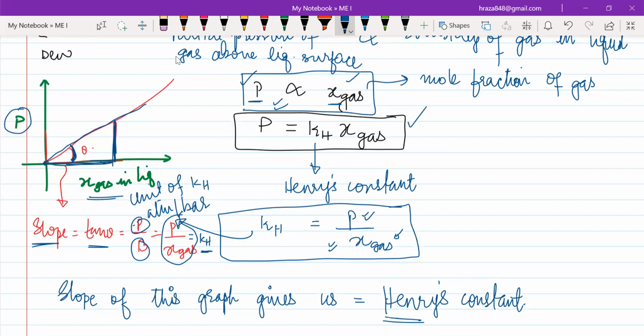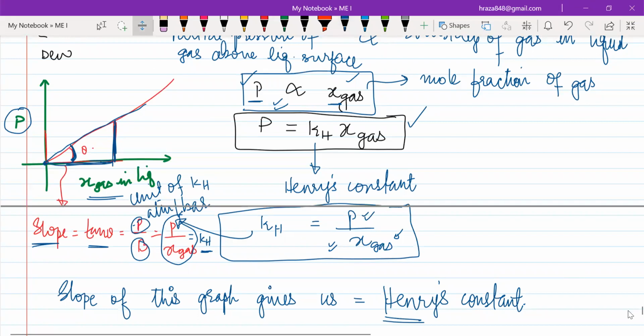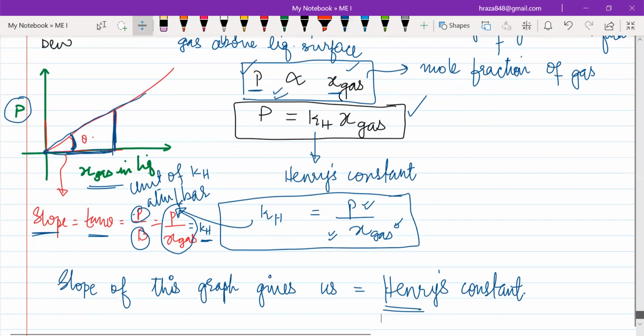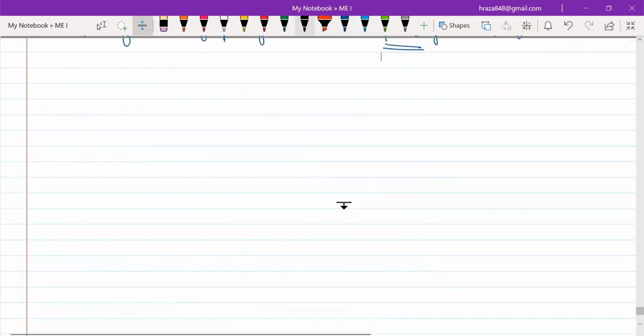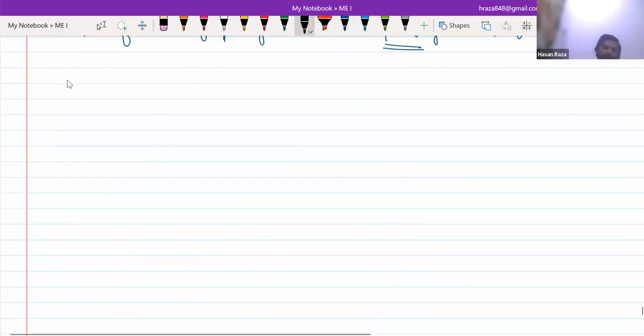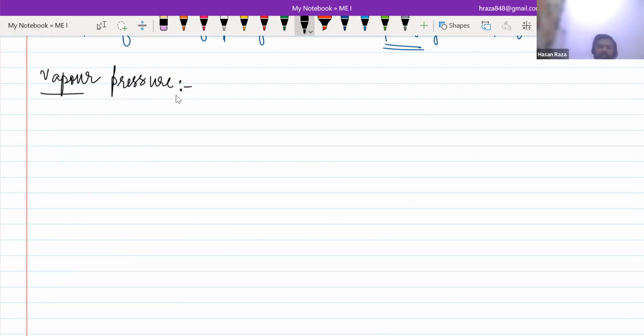Okay. Can I change the slide? Yes, sir. Now moving towards vapor pressure, that means basically moving towards Raoult's law. So first of all, what is vapor pressure? You know that water vapor is common in our day-to-day life. So the pressure,